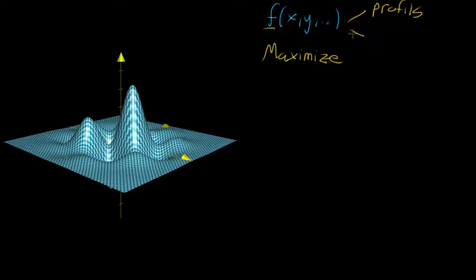Another very common setting, more and more important these days, is that of machine learning and artificial intelligence, where often what you do is you assign something called a cost function to a task. So maybe you're trying to teach a computer how to understand audio or how to read handwritten text. What you do is you find a function that basically tells it how wrong it is when it makes a guess. And if you do a good job designing that function, you just need to tell the computer to minimize,